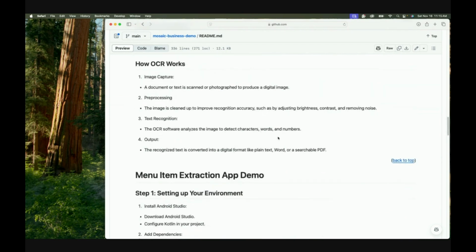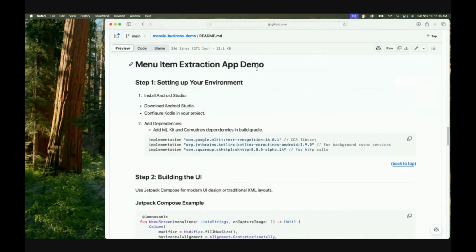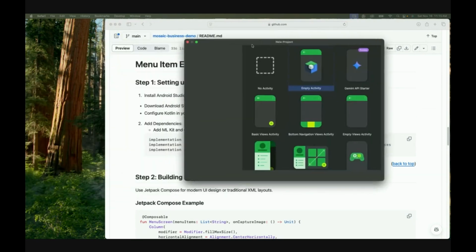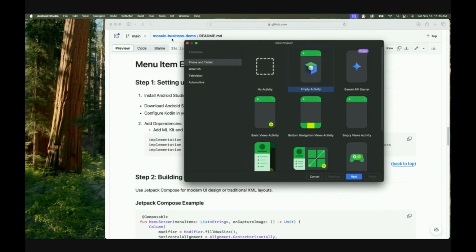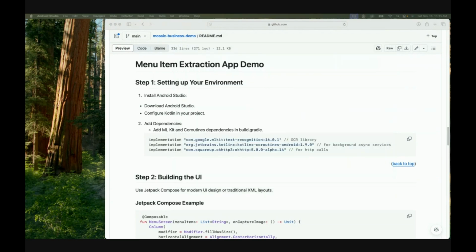All right, pretty straightforward. Then we have the menu item extraction part. This is where we're setting up the app. This time I'm going to try something different: I'm going to actually build the app as we present, so we can see everything in place. Let me just start from zero. I was starting from creating the app, but